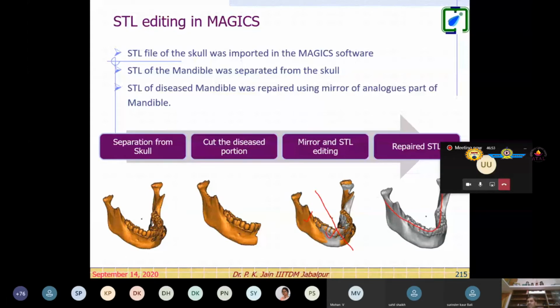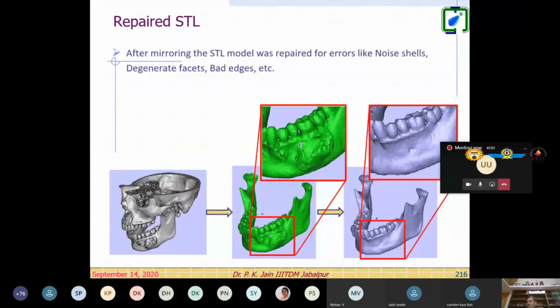So you see this portion is removed, and here the new bone has been fitted, and a lot of touching-up operations need to be done, manual stitching needs to be done, noise shells to be removed, degenerate faces and bad edges to be removed, so that this should be printable, because it's not that simple that you write something in MS Word and ask your HP printer to give you a printout on A4 size, right?